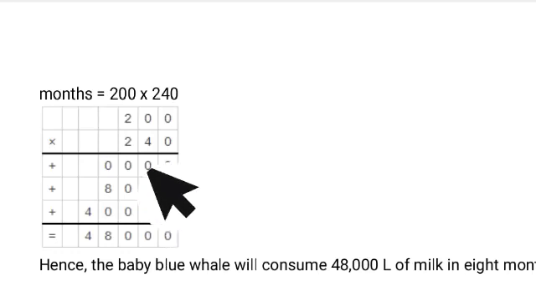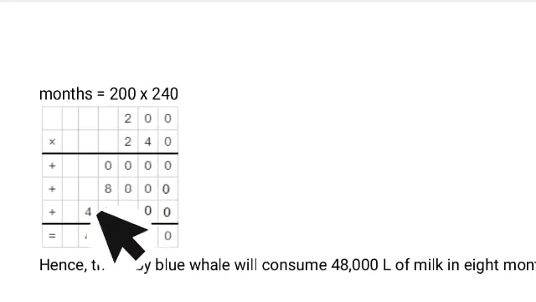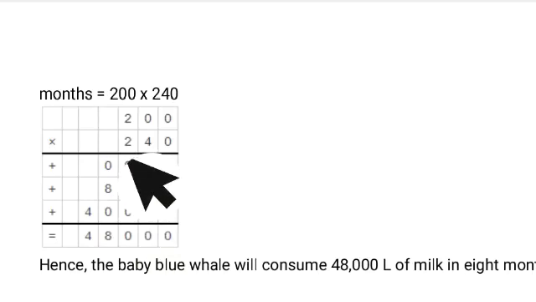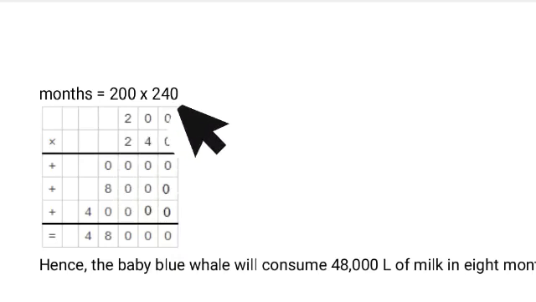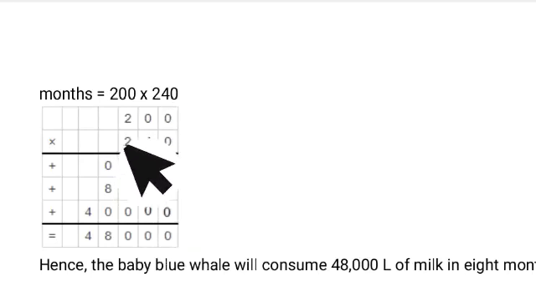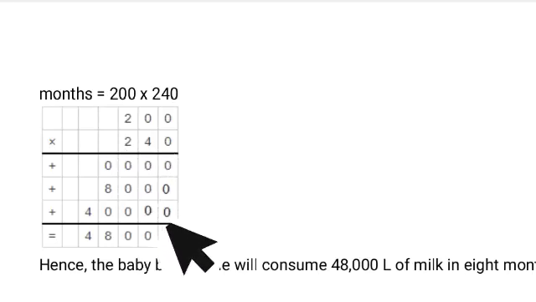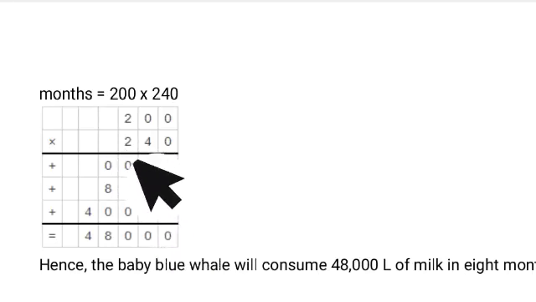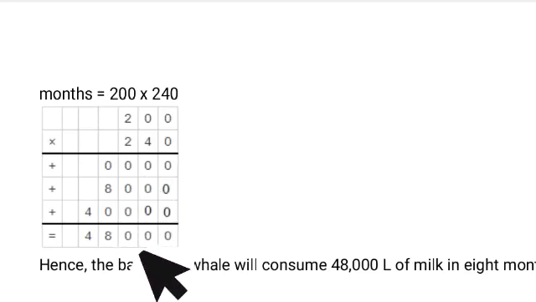पहले 0 रख देना, because we are starting from tens digit. 4 multiply by 0 means 0, and 4 2s are 8. For the next, this is hundreds place. So for hundreds place, first we will keep 2 0s because in 100 2 zeros are there. 2 0 ऐसे ही रख देना है. Then 2 multiply by 0, 2 multiply by 0 and 2 multiply by 2, that is 4. Then we will add all these and we will get answer 48,000.